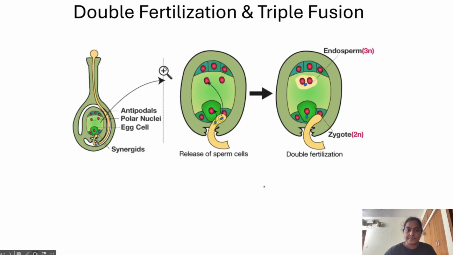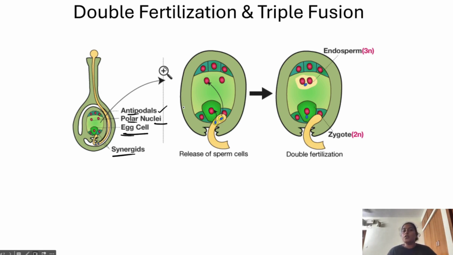I have explained the concept, and this representation will make you understand even better. So see, antipodal cells, the polar nuclei, the egg cell and the synergid cells. Let me repeat the functionality. Synergid cells are going to support the egg cell. They are supportive sisters of the egg cell. They provide energy to the egg cell as well. Antipodal cells will provide nutrition to the future endosperm. Endosperm is about to form when fertilization happens, so they will nourish the endosperm. Polar nuclei is what is going to become the endosperm after triple fusion. Egg cell will become the zygote after syngamy.